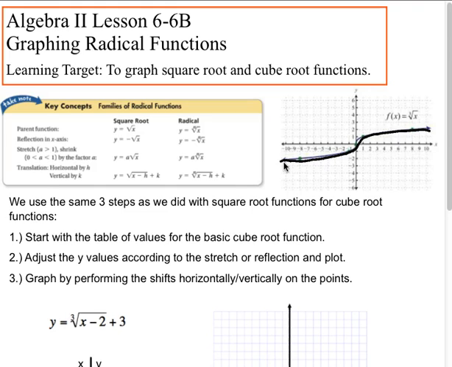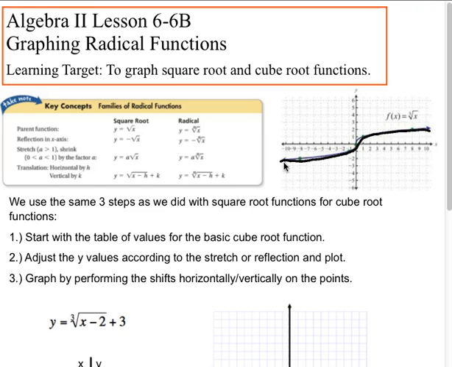Now, it should look familiar for you because you know what a cube function looks like. Since you know what a cubic function looks like, notice this is just kind of tilted on its side. We're going to have a conversation about that a couple sections from now, about what that connection is, why they look so similar, just slanted. But that's a basic shape you need to know because that's a basic shape you're going to be maneuvering around